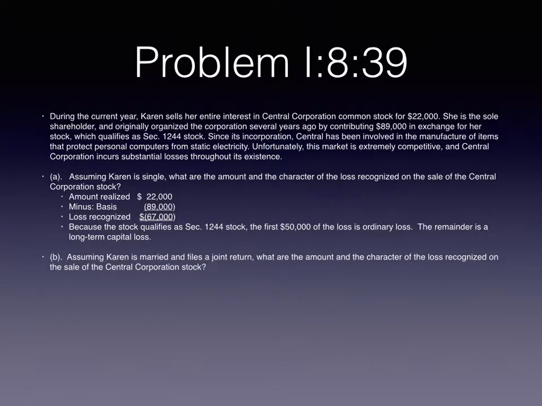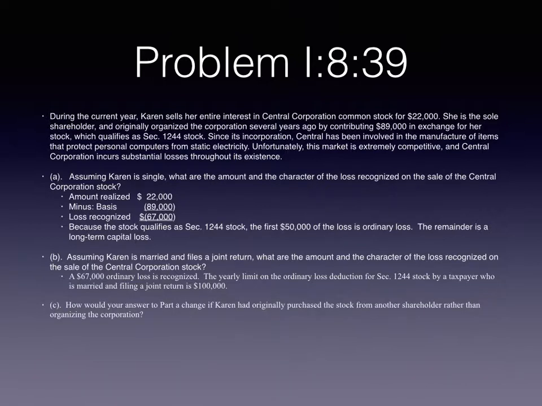For part B, assuming Karen is married and files a joint return, what are the amount and the character of the loss recognized on the sale of the Central Corporation stock? Well, nothing really changes here except that as a married filing jointly person, now all of a sudden the 1244 limit is doubled to 100,000, and so the entire amount can be characterized as an ordinary loss. And part C, how would your answer to part A change if Karen had originally purchased the stock from another shareholder rather than organizing the corporation